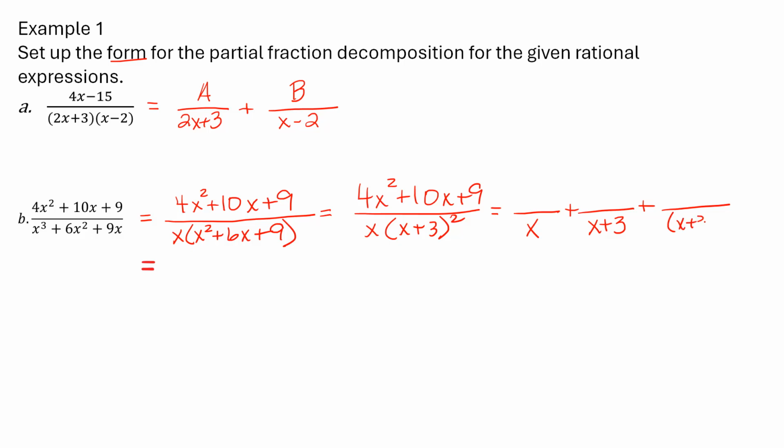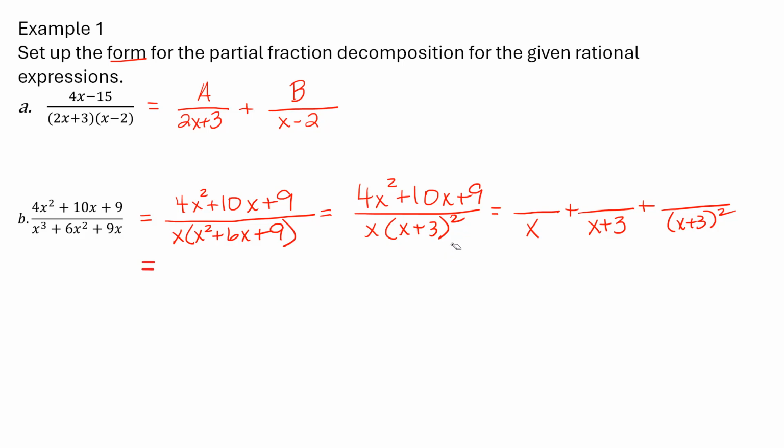So whenever you have a factor that has a power on it, you have to do every power of that factor that is raised to a power. So we have to have x plus 3 to the first power and x plus 3 to the second power. And if this had been x plus 3 to the third power, we'd have to have another fraction with x plus 3 to the third power. So that's not exactly intuitive, but that is what you have to do